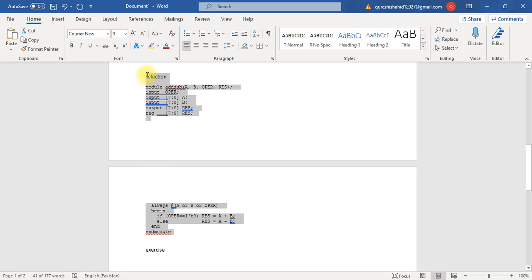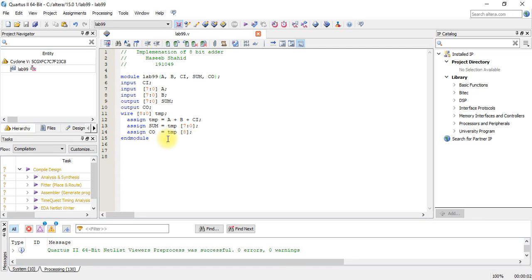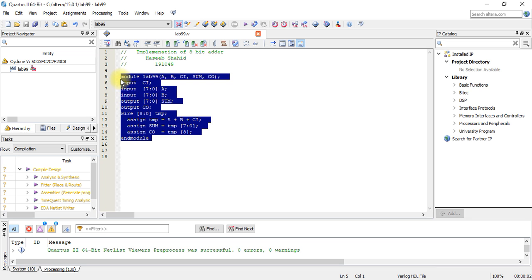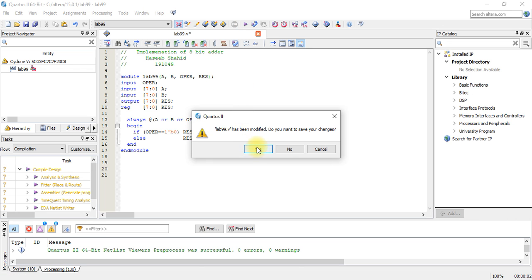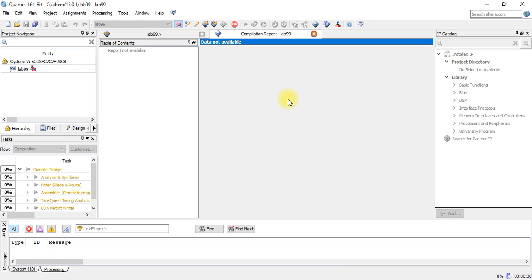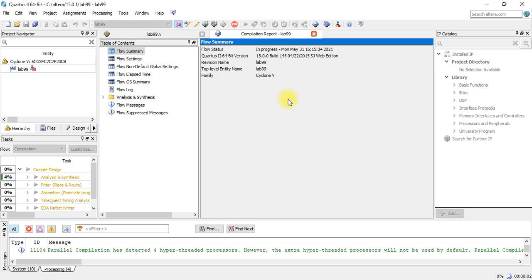For that purpose, here is the Verilog code. Now let's copy paste that code here and change the name according to the name of our file. So now let's start the simulation and wait until it simulates successfully.